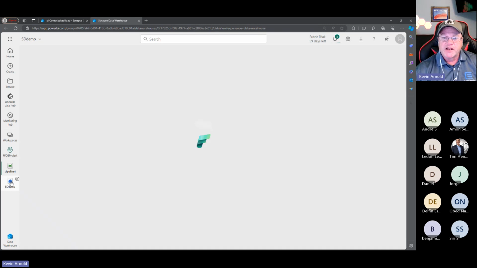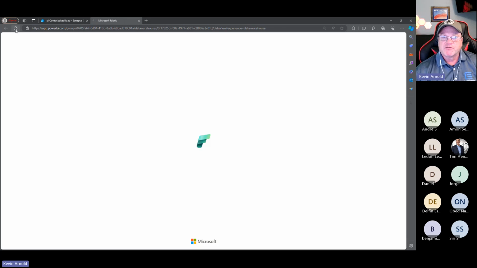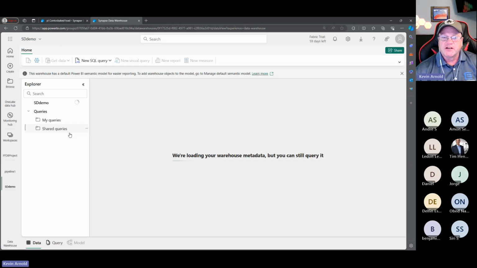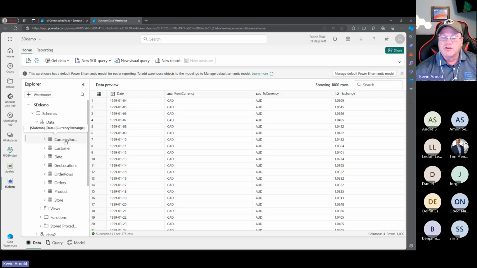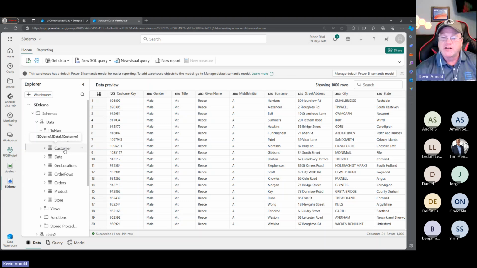And now if we go back to our database that started off empty, let me do a refresh from this level, because we should have data. So you can see we have data in this currency exchange. I think it's doing commits along the way, right? So we have customer data, we have order rows. Okay, so that's all great, but how do we get it out into Power BI?